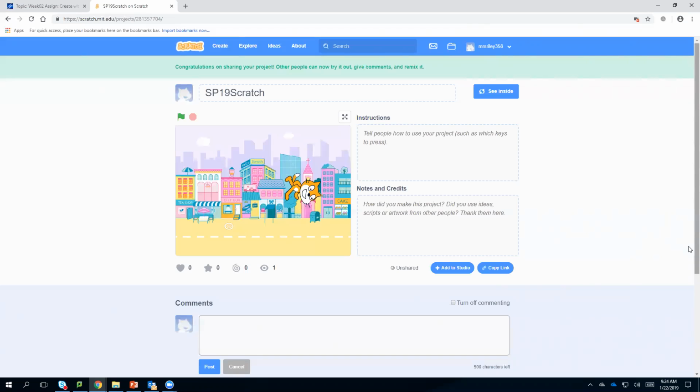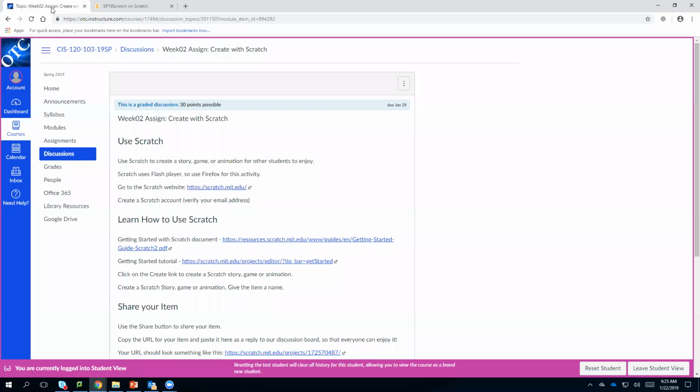Sometimes I've seen people turn in a URL that says something about edit. And that doesn't work right. We need for the URL to be your Scratch project. So as long as you're on this screen, it should be okay. You click Copy URL. So once your beautiful work of Scratch art is done, copy that URL,